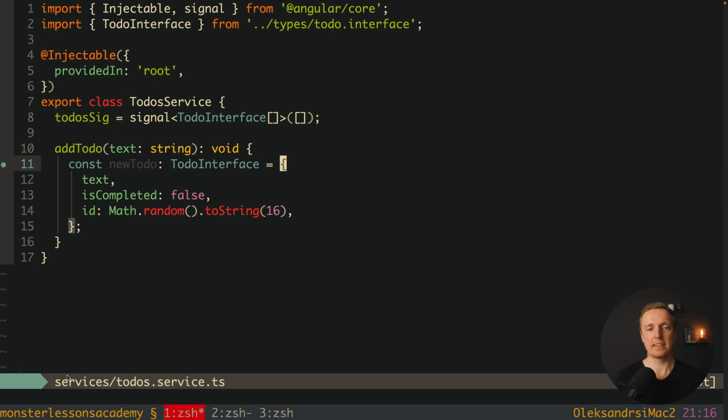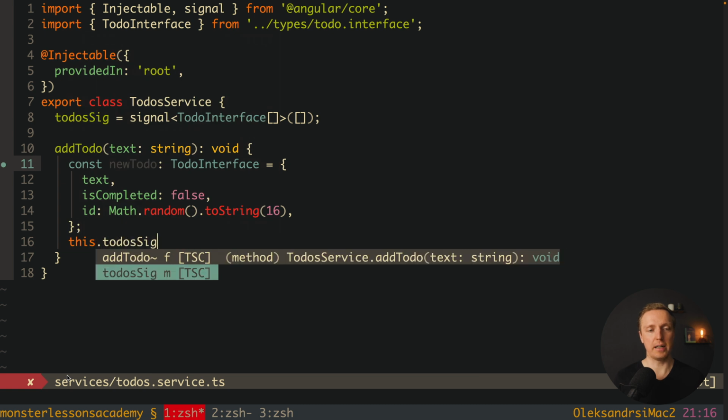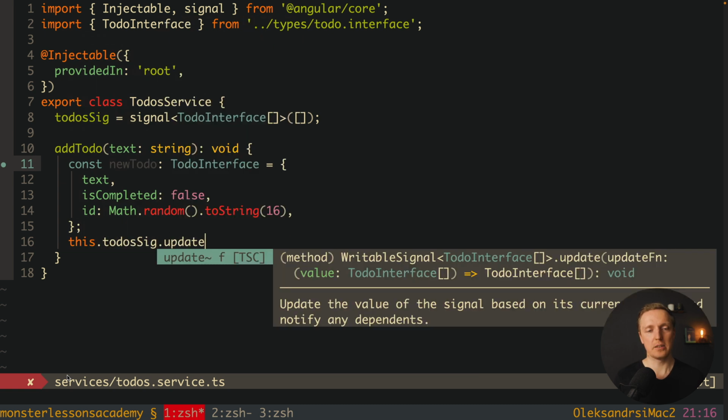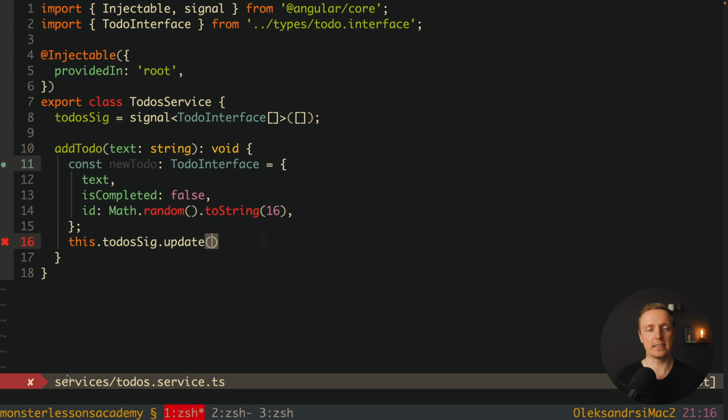For our case, this is completely fine. We generated a new to-do and now we must push it to our to-do signal. In order to do that, we can use a method which is called update, and we're calling it on our signal, and inside we're providing a function which will update our elements inside. Which actually means here we are getting inside the function our to-dos that we already have, and now we must return